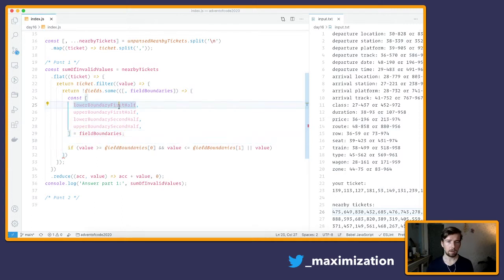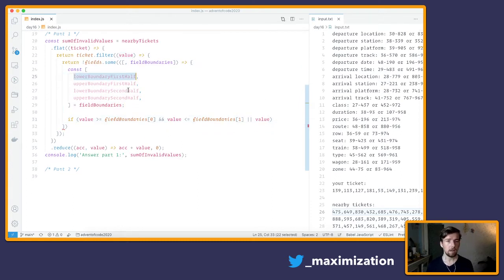I could have named this lower boundary and this upper boundary and this kind of like middle boundary, first and second half, but no, I'm just gonna stick to this. So then I'm just gonna use these variables instead. If value is bigger than the lower boundary of the first half or equal than that, and smaller than that, let's wrap these in parentheses,